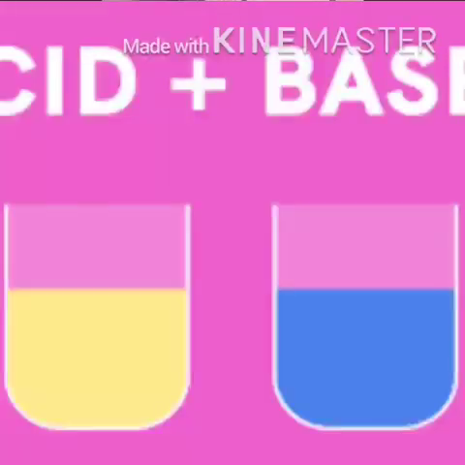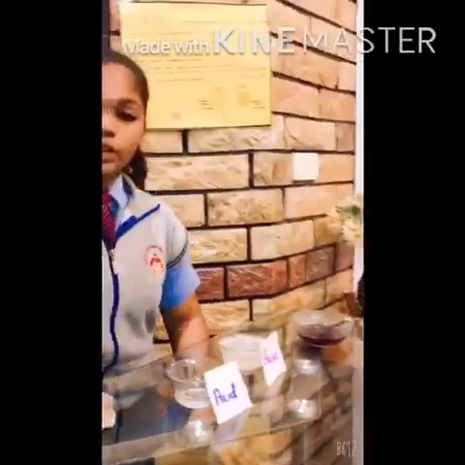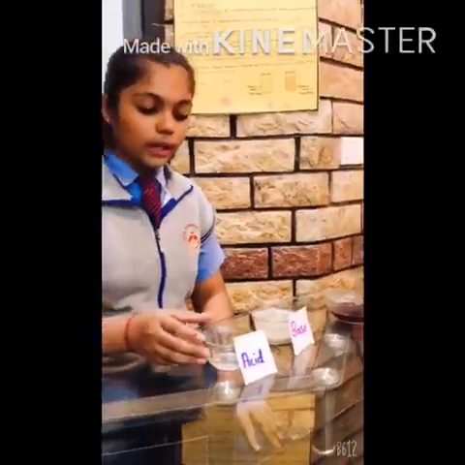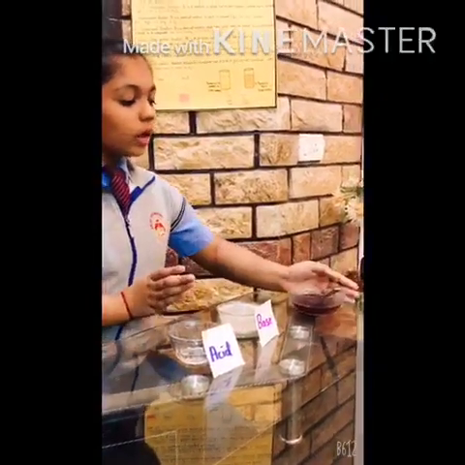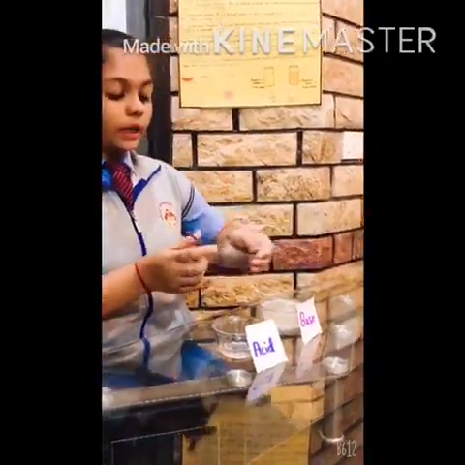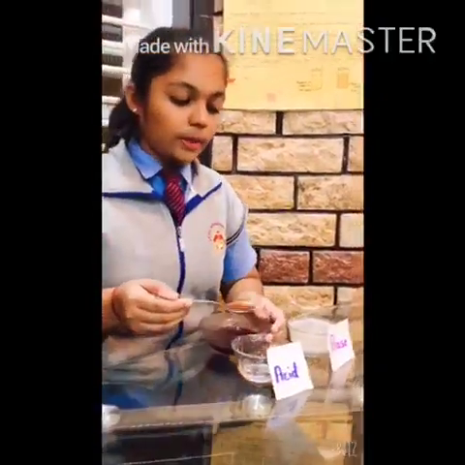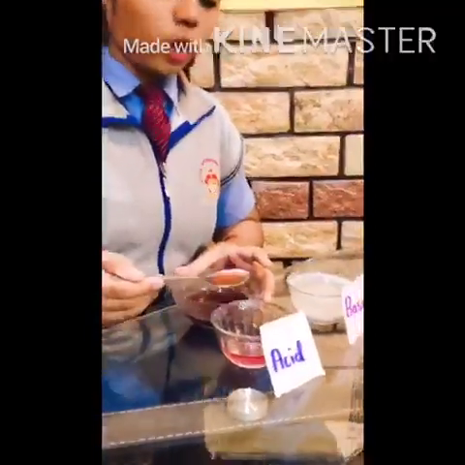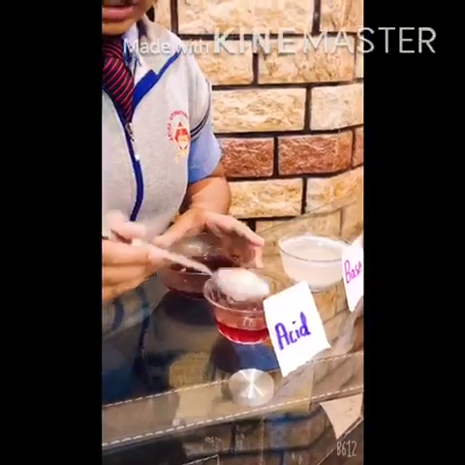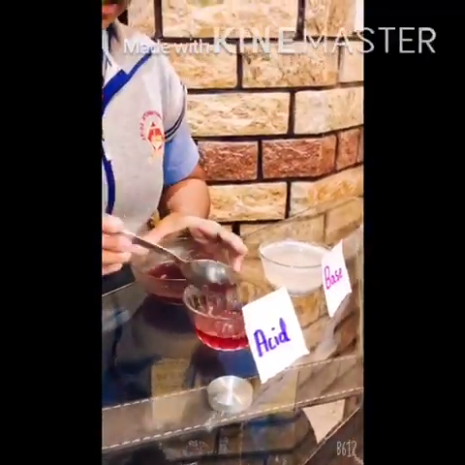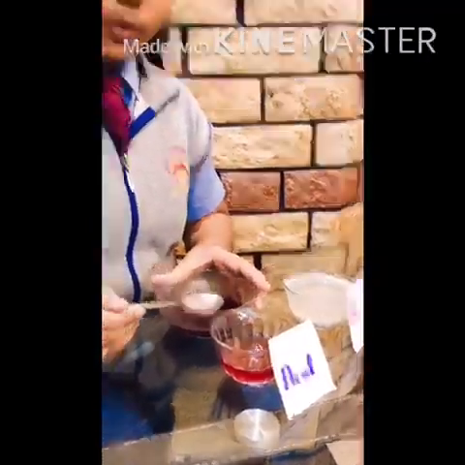Now, I am going to give a simple explanation about neutralization reaction by taking acid as vinegar and base as bleach. Let me take beetroot juice as an indicator. Let me add 2 spoons of beetroot juice to the vinegar. You can observe that the color changes. This says that the beetroot indicator reacts with the acid.